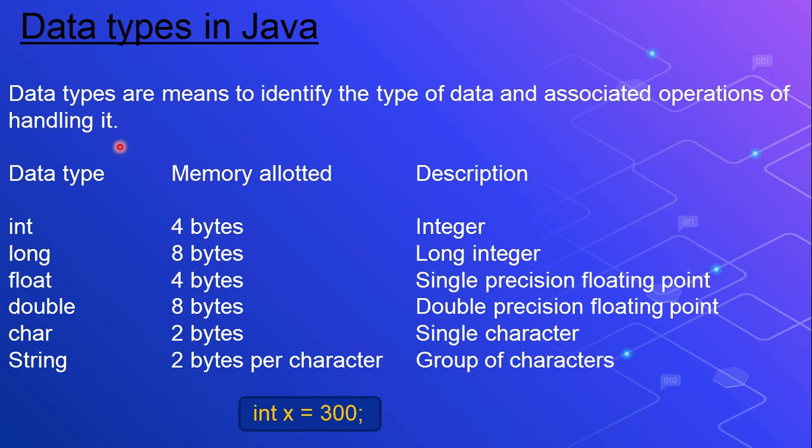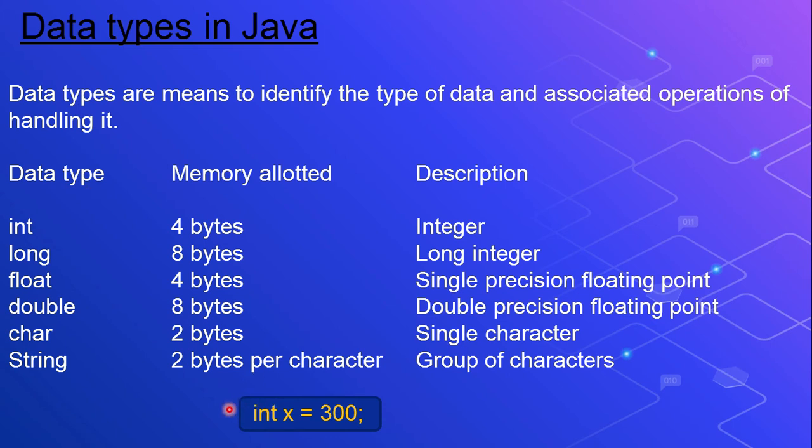See, the data type will decide what type of data you are going to store inside the memory. In the kitchen, you can see many types of containers that are used for storing different things. In a computer, in place of those containers, we have memory. What you are going to store in the memory will be decided by the data type.